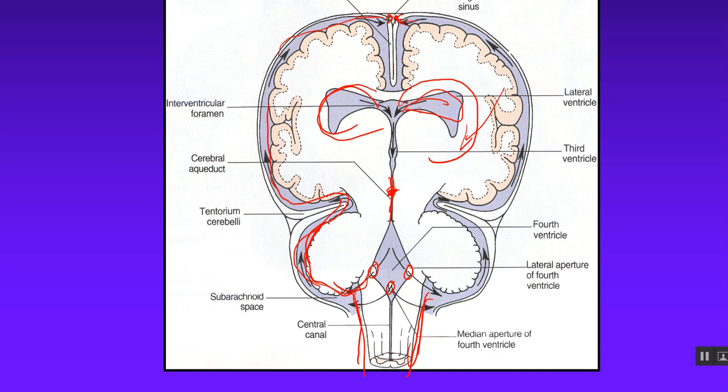This is where the kids with the large skulls come from, because their skull can still accommodate it since they haven't fused yet. But if you're an adult, you're dead. If that starts to happen, you get too much pressure and can start to have problems. Some older adults get a syndrome called normal pressure hydrocephalus, where they get some blockage or narrowing, and it's a very slow buildup of pressure in their